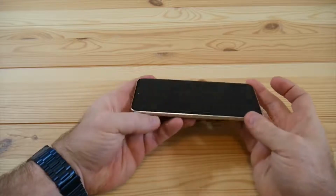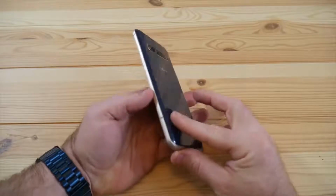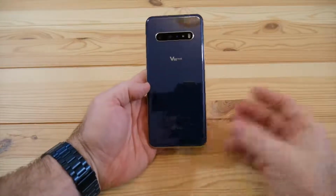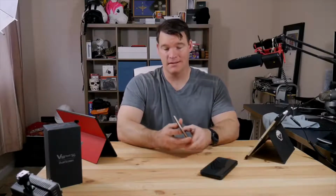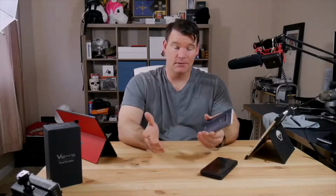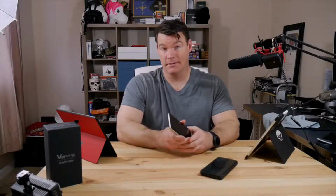This has got 3 buttons. On the left side, you got your volume up and down. Then you've got a dedicated Google Assistant button, which unfortunately you're not able to remap. And then on the right side, you've got your power button. And of course, on the top, you've got a SIM slot, which also has a micro SD slot. So this thing has got a Snapdragon 865 in it, and it also has 128 gigabytes of storage. Again, expandable via micro SD up to 1 terabyte,